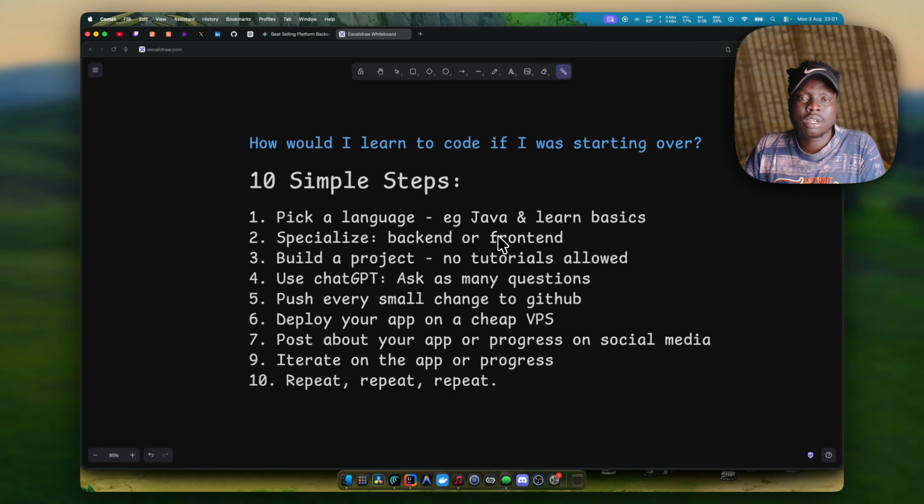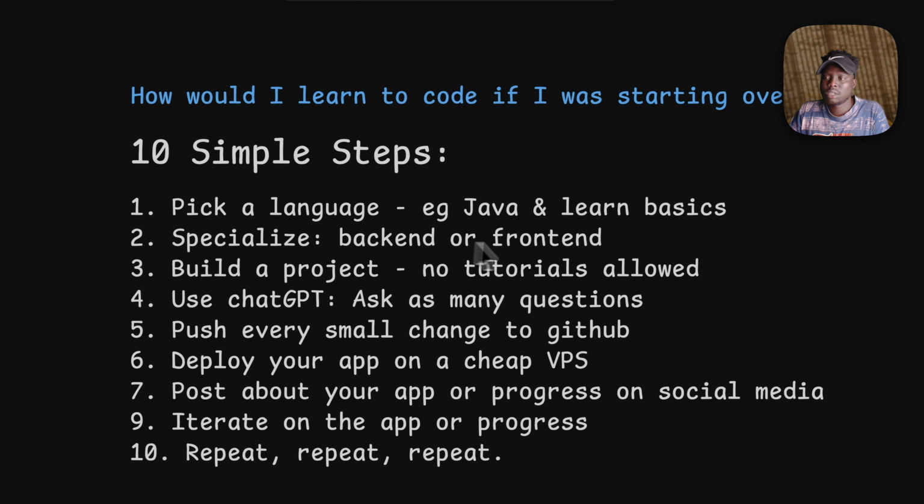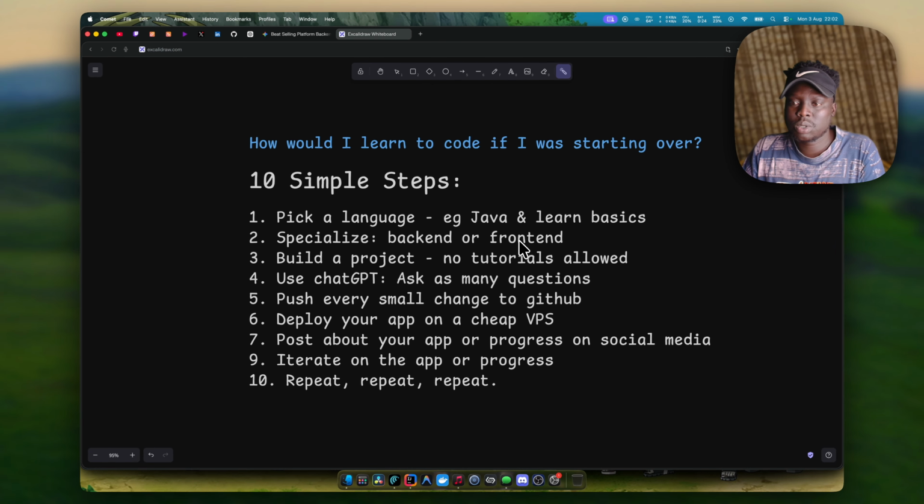So in order to stand out, try to do something that's different. I'm not saying go and learn COBOL and some low level kind of languages. Anything that's way too hard or way too simple is not good. Just find something that's moderate and it'll help you. So not to really just go overboard here. Specialize. In my case, I went with backend. For you, might be frontend. Just choose what you want to do.